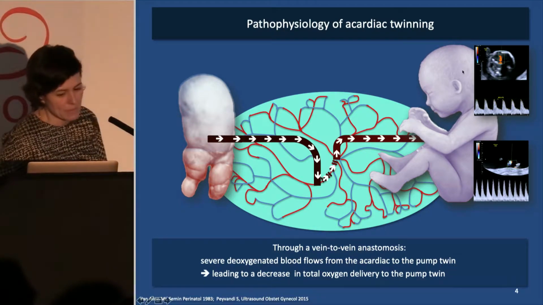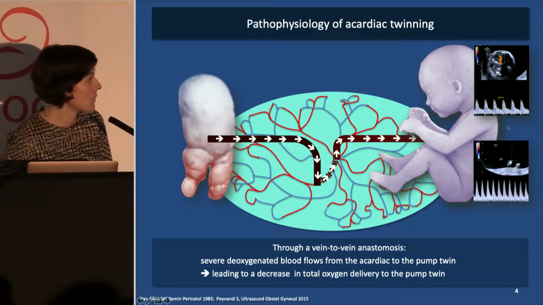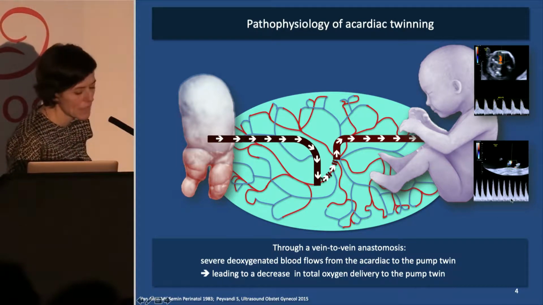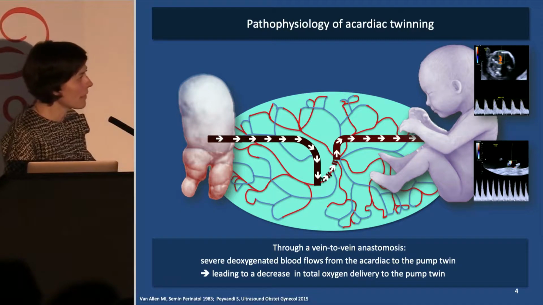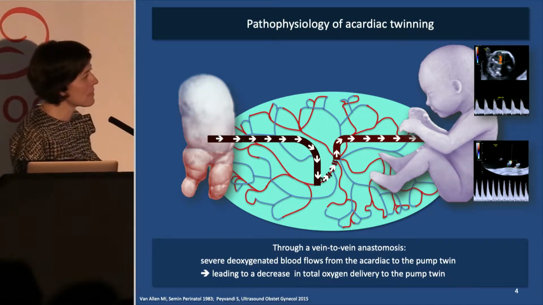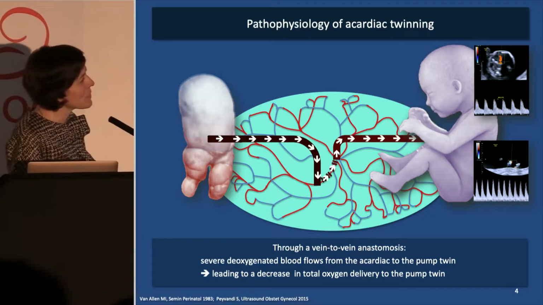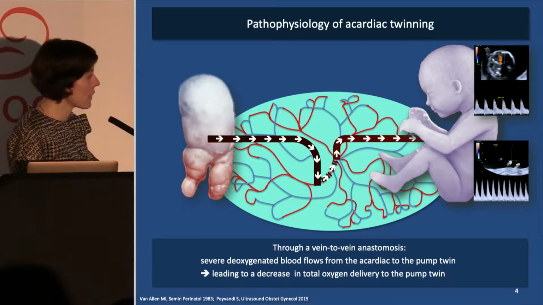So you will have a decrease in the pulsatility index of the middle cerebral artery compared to the pulsatility index of the umbilical artery. There is a concern that if you don't treat acardiac twinning, this may have a negative impact on neurodevelopment, because this is the same pattern that we see in growth-restricted babies,